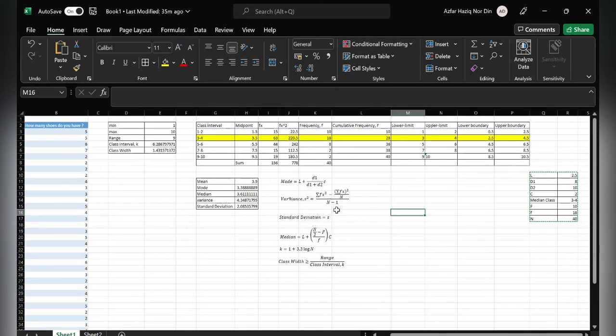And then we're going to find the median. The median is the middle value of data in an ordered list. And to find the median, we're going to use the formula here, which is L plus n over 2 minus F divided by f and multiplied by c. And we're going to get